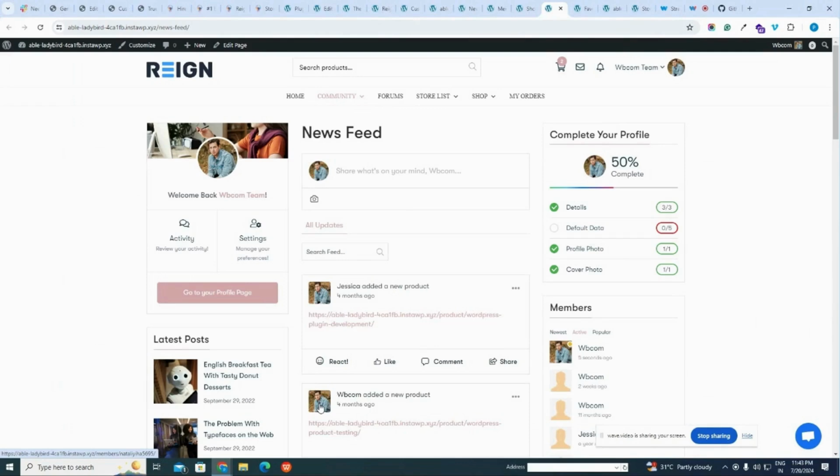And here they can see what is newly added to the website, what is trending, or what the new vendor is selling, and it will encourage them to visit the product page and might ultimately be converted into a sale.